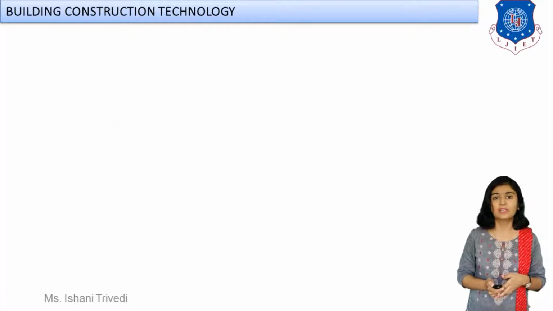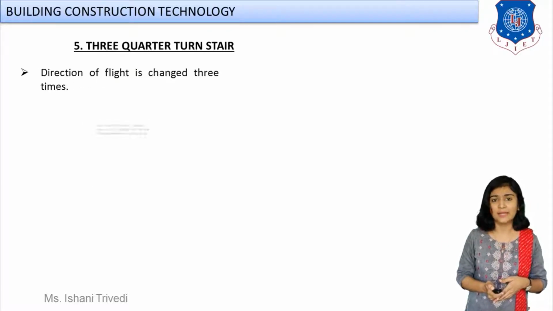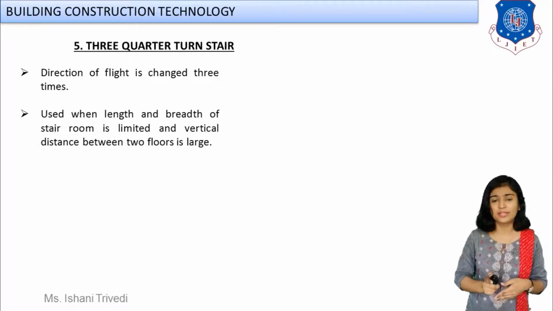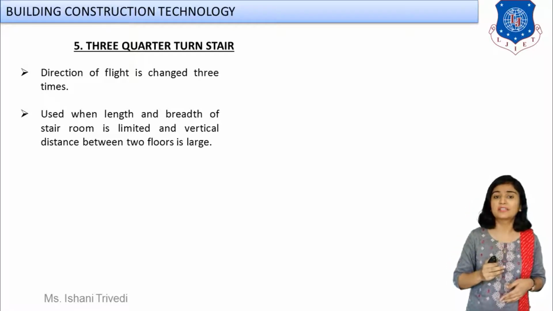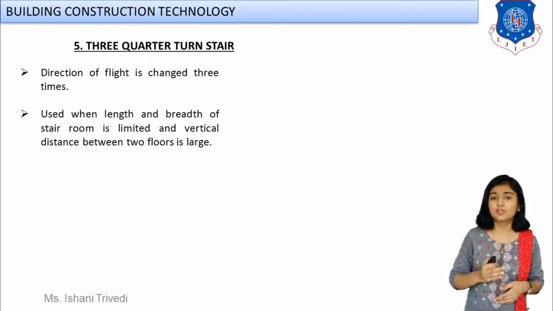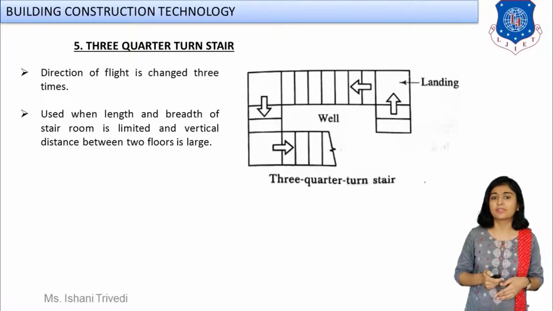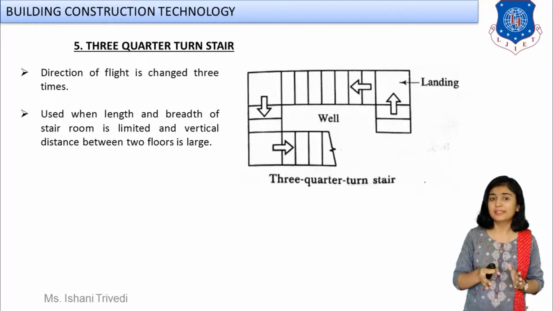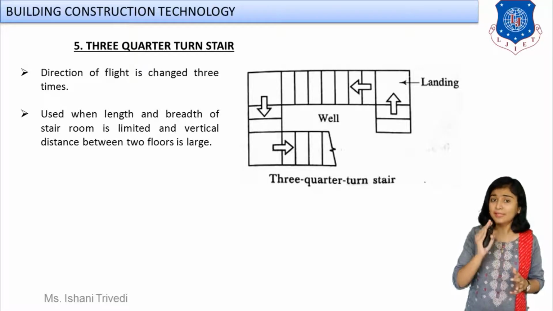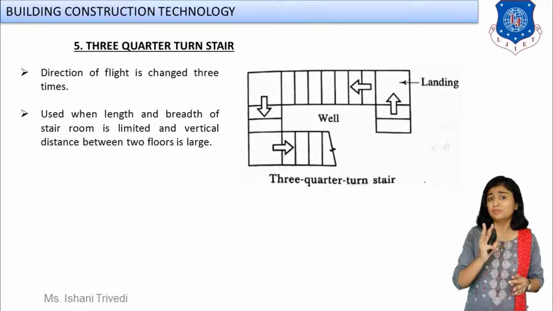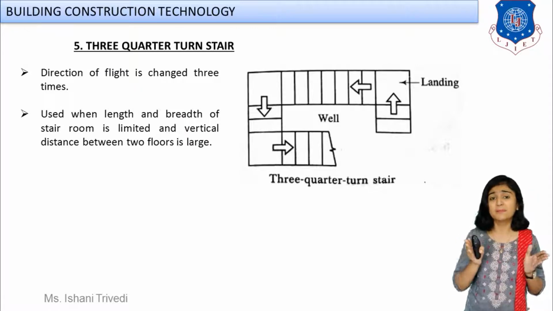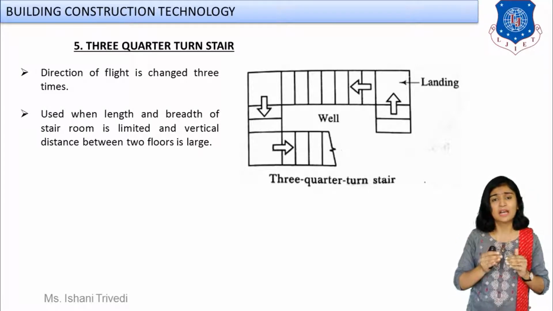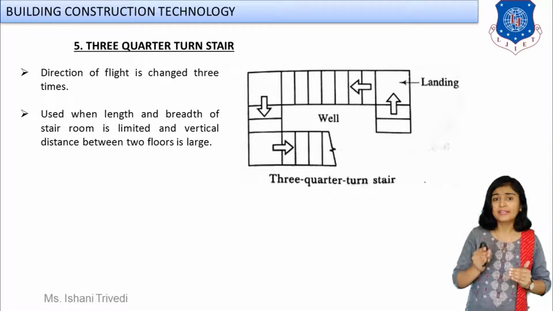Now moving forward to the next type, this is still turning stairs. Okay. It is continuing in the turning stair. The next type is 3/4 turn stair. Now if I say quarter turn, you know that 90 degrees turn, that is 1 quadrant of a circle. We saw only quarter turn stair, correct? First was only quarter turn stair. Now you have 3/4 turn stair. Now when do you provide this? When there is very much limited space available, the height is also more, and in that case you can provide.